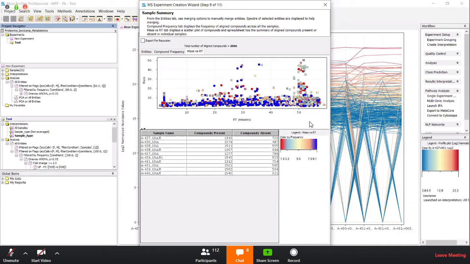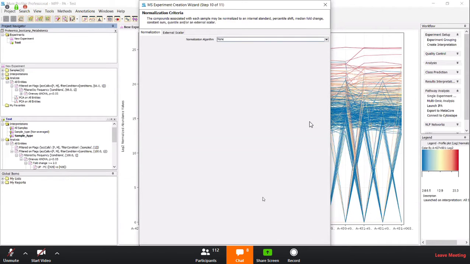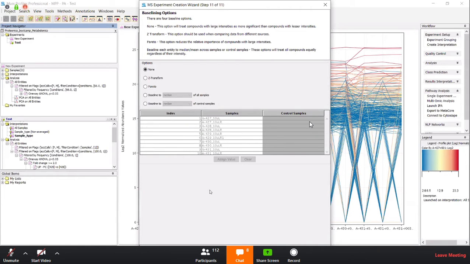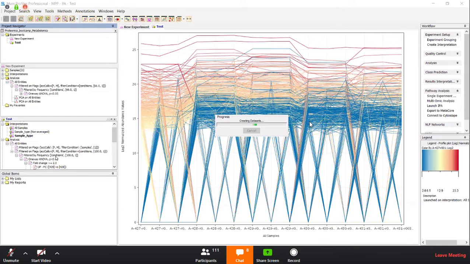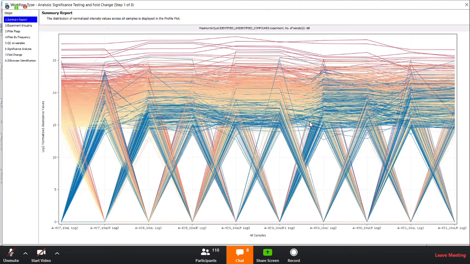Then you do next. So this is all guided workflow. If you want to do normalization, scalar normalization, etc. After that, it will create what is called a compound dendrogram or view. So we'll generate a new experiment, and then you will see each line here is a compound in itself. So you will see the distribution of these compounds. If I click on any one of them, then it will give you what this data is, in how many samples it was present, in how many samples it was absent. All the data is available to you.